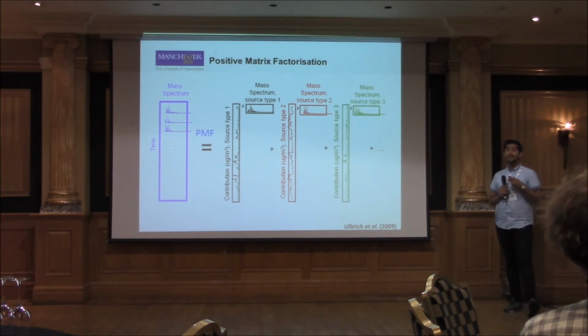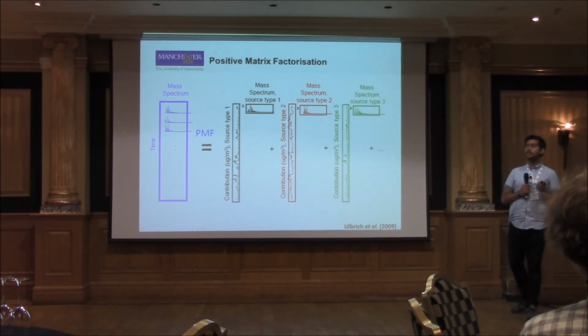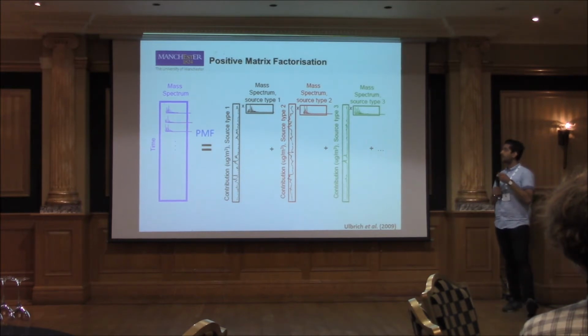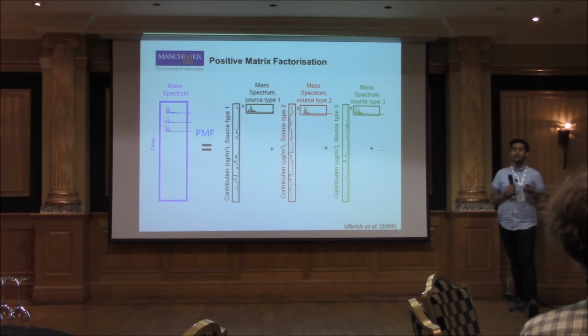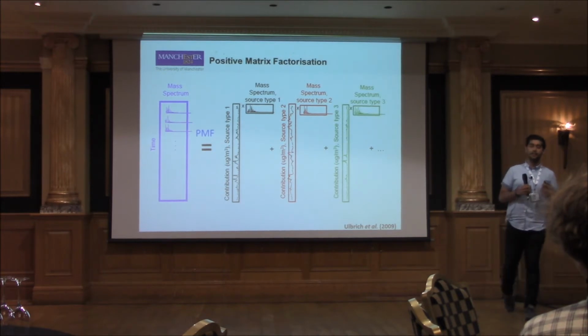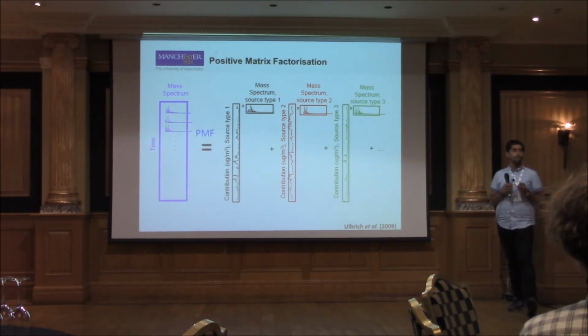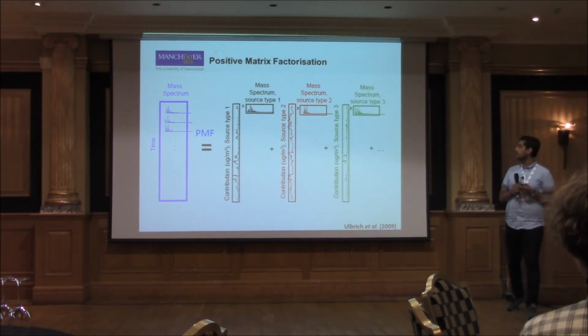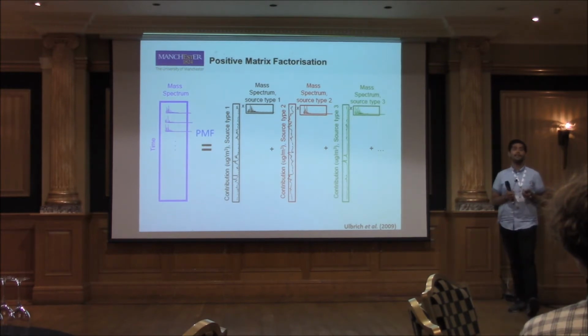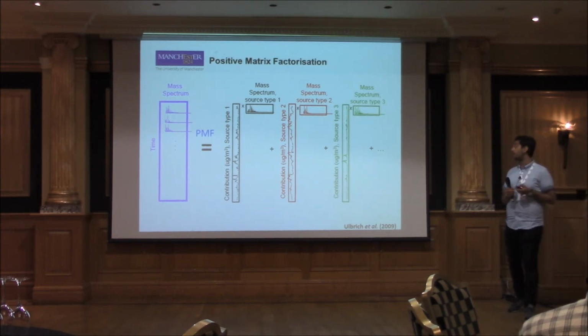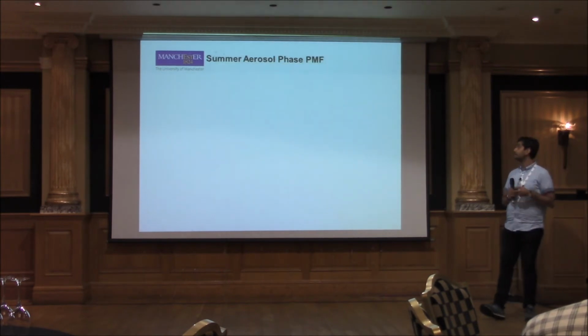We have a mass spectrum which is recorded at each point in time, and that gives us a matrix. So we can see each m over z over a specific time period. If you input this into this matrix factorization method, you can represent that ambient spectrum in terms of different unique source profiles, and you'll get some residual that you can't really explain. So it groups things by their behavior, how they're behaving over time during what you've measured.